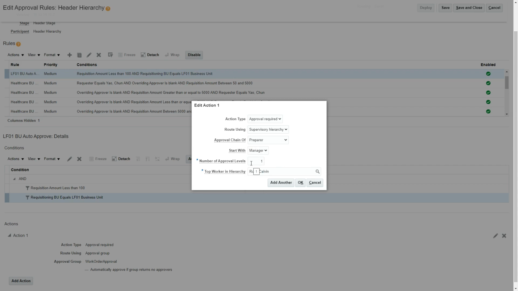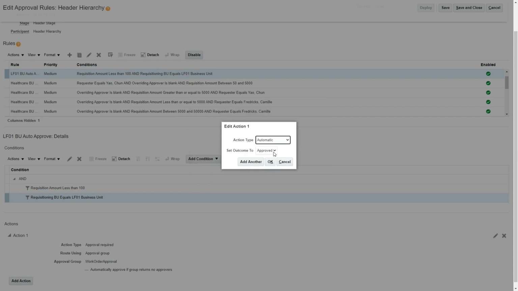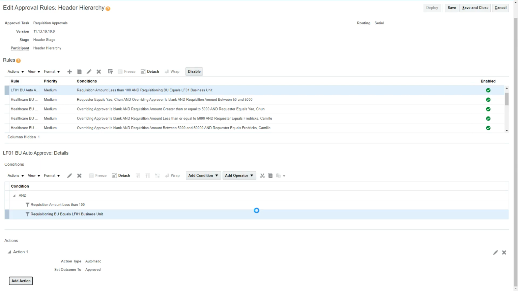Number of approval levels at that level is 1, and the top level guy is Roth Calvin. Okay, but in this case we're not going to do that. We are going to say it's going to be automatic, and then we're going to approve it. So if our requisition is less than $100 and our requisitioning BU is equal to LFO1, we are going to set it to approved, and so we'll say okay.